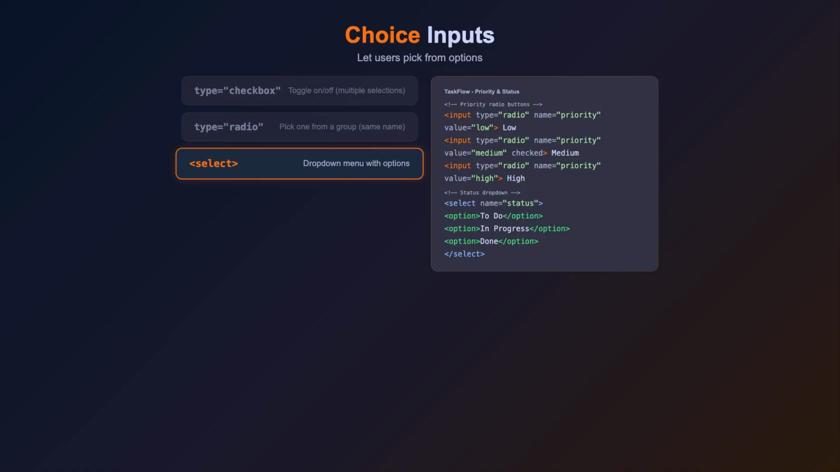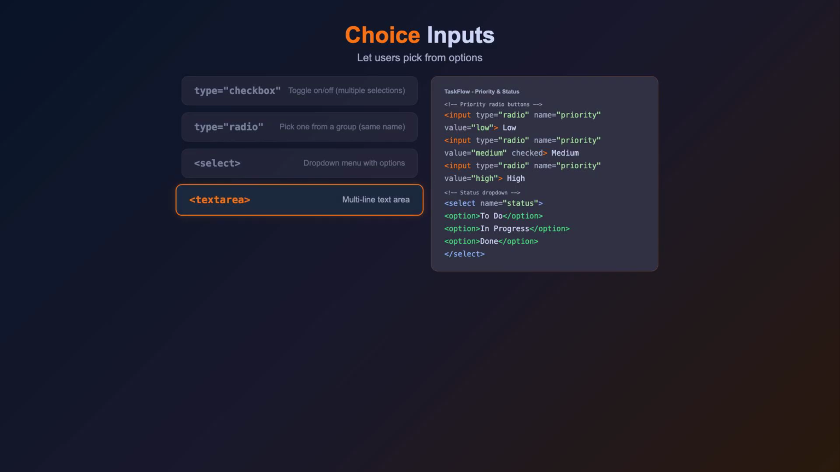The select tag creates a drop-down menu. Inside it, option tags define each choice. The value attribute on each option is what gets sent to the server. The text between the option tags is what the user sees. Add the selected attribute to set a default option. For TaskFlow, we'll use a drop-down for task status, to do, in progress, done, and radio buttons for priority, low,